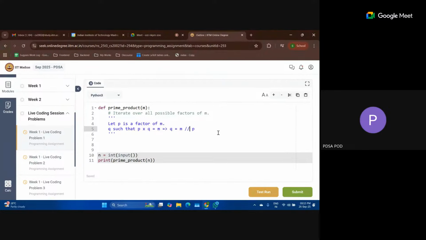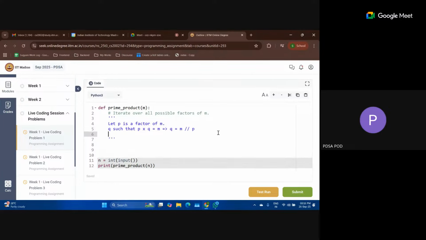So we can use the double divide over here. When we divide m by p, we will obtain q.